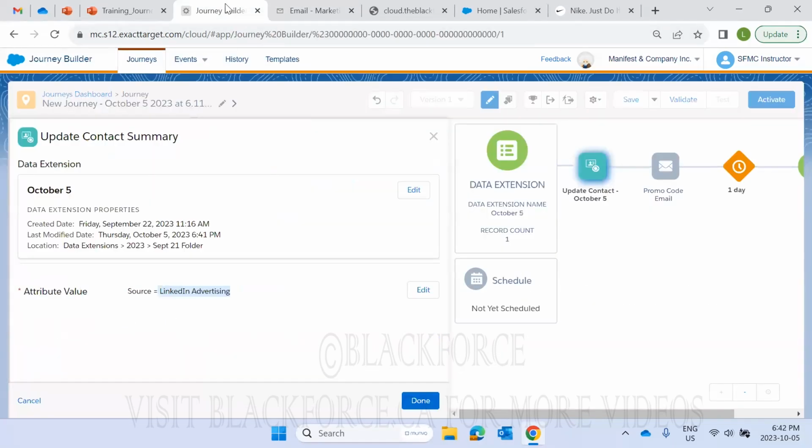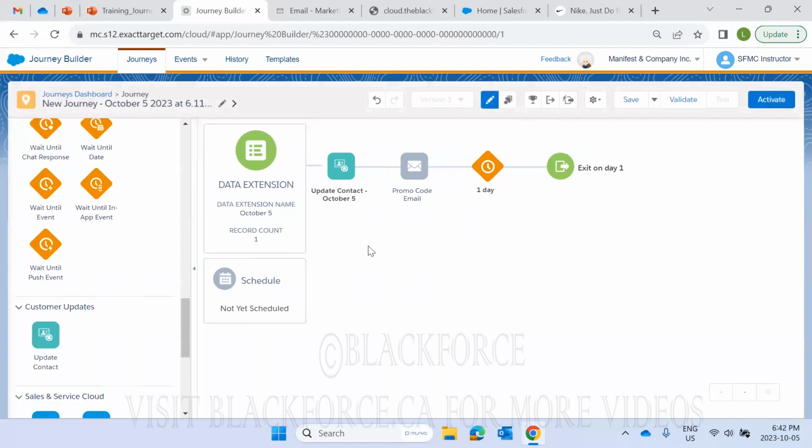Okay, so it's an element that allows you to, if you want to capture additional info about anything related to your journey, you can capture it there. So another use case for this could be, let's say